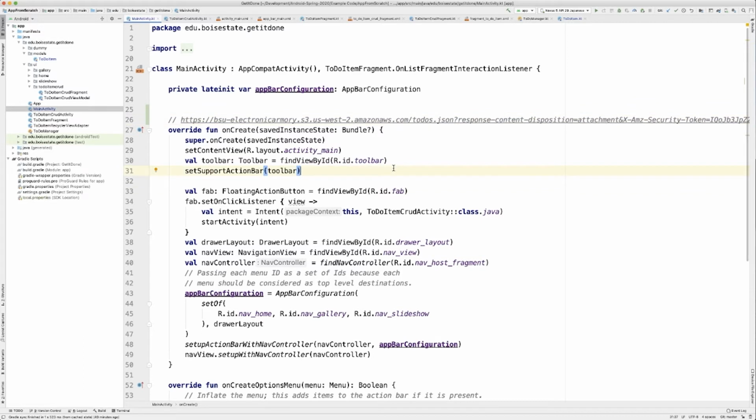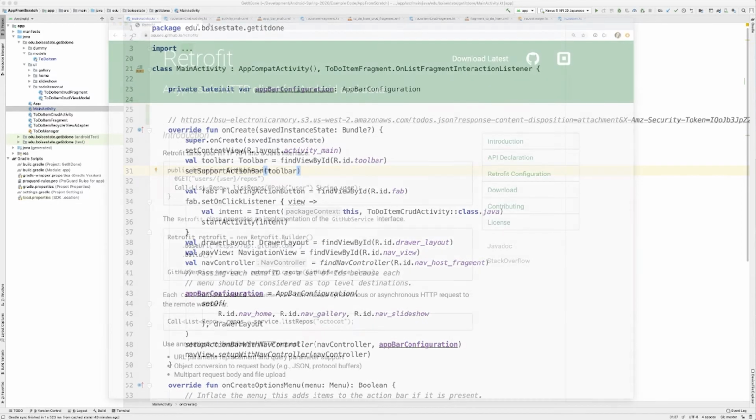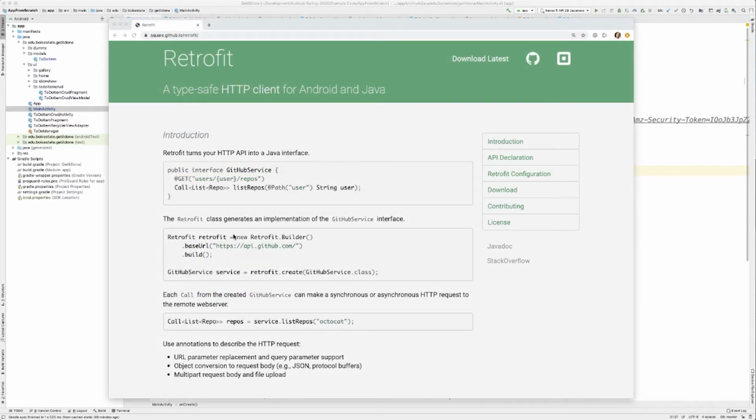So let's quickly dive into this. We're going to show Retrofit really quickly. All right, ladies and gentlemen, boys and girls. So Retrofit, just square.github.io and then /retrofit. So as I mentioned, it's a little bit more complicated than just a regular kind of library that we're going